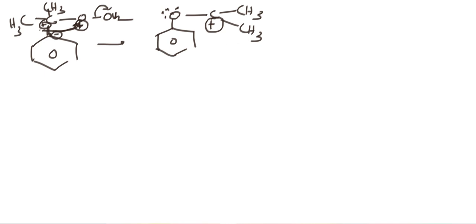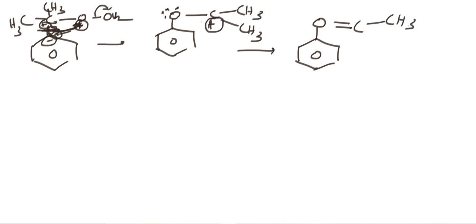Then again you have to add water. Then here it forms a lone pair and positive charge. There is a bond. Here the ring negative charge is connected to oxygen. I already told you, this bond is shifted towards the ring. The ring gets negative charge, carbon gets positive charge. I hope it is clear. Then this forms the O double bond. Why does it form a double bond here? The lone pair with negative charge and positive charge make one bond. C, CH3, CH3. Then you can do hydrolysis once again.